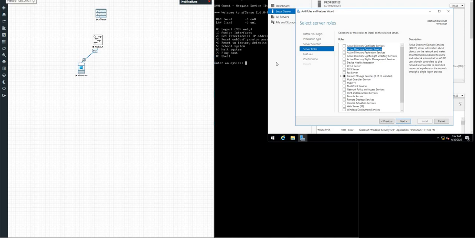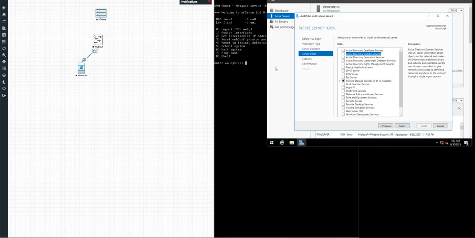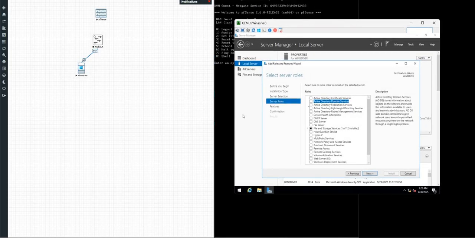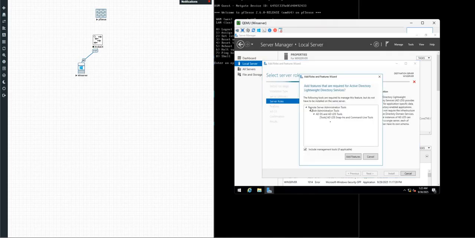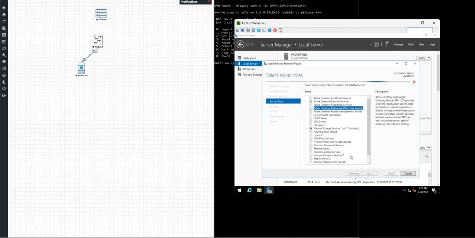Alright, welcome back. We're going to finish this setup, and I'm going to go through adding the services to the Windows server. I've already renamed it to Win Server, and I need to add this as a domain controller. So I'm going to add that feature, and then I'm going to also add this as Active Directory. I'm going to add that feature, and then